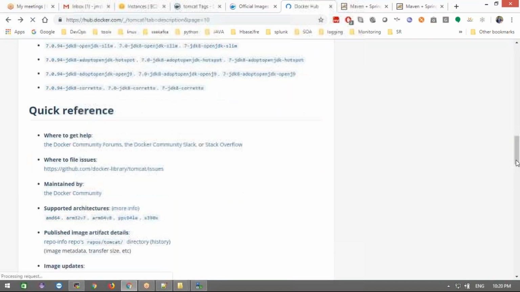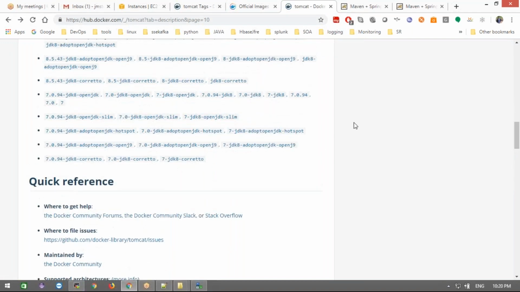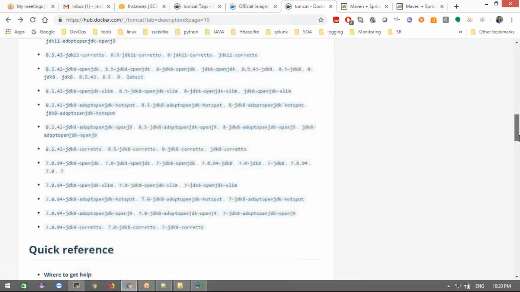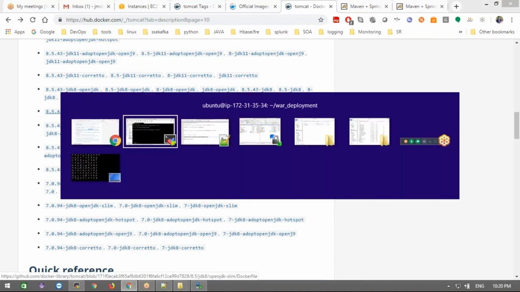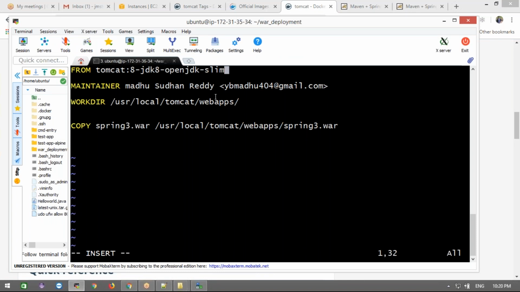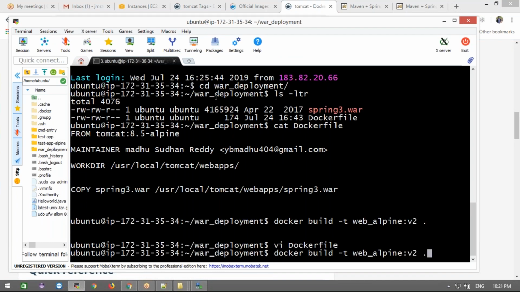But still I'm going to show you this example so you get more clarity and hands-on experience with how we can reduce the size of a Docker image. That is my intention basically.